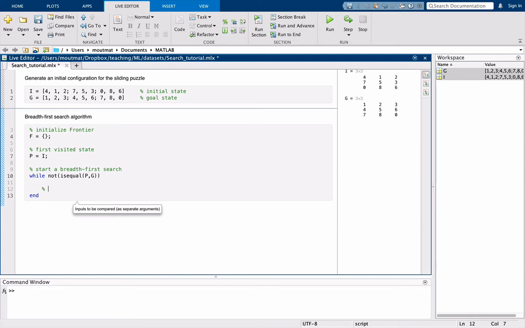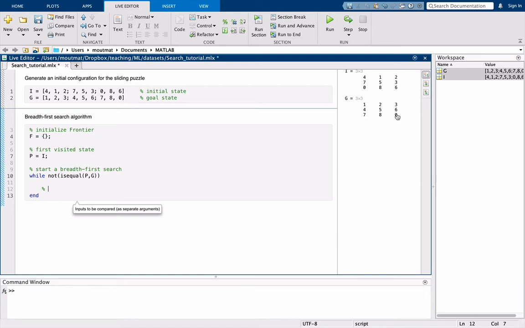So the one thing that will be needed first is, once we have a parent state P, we will need to expand these states. We will need to find all the other possible states that can be reached starting from the state P. For this, I need to know what the tiles are that I can move. So I need to know what the allowable moves are. For this, I need to know where the empty space is, the position of the